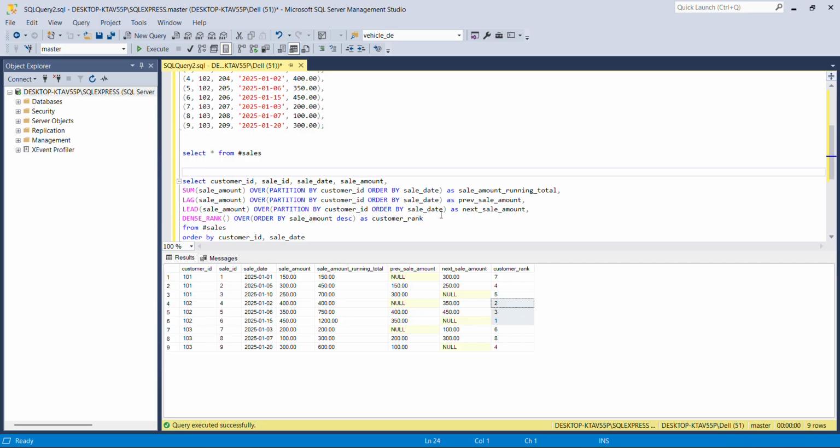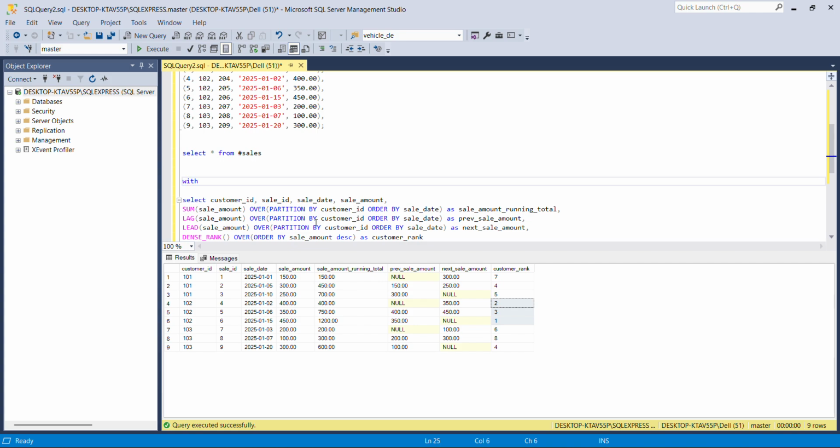To achieve that, we need to sum the sale amount by customer ID first. Then I can use that here. So let's do that now. To do that, let's write a CTE here, and we are computing the total of customer sale amount. So let's give the name customer total as,